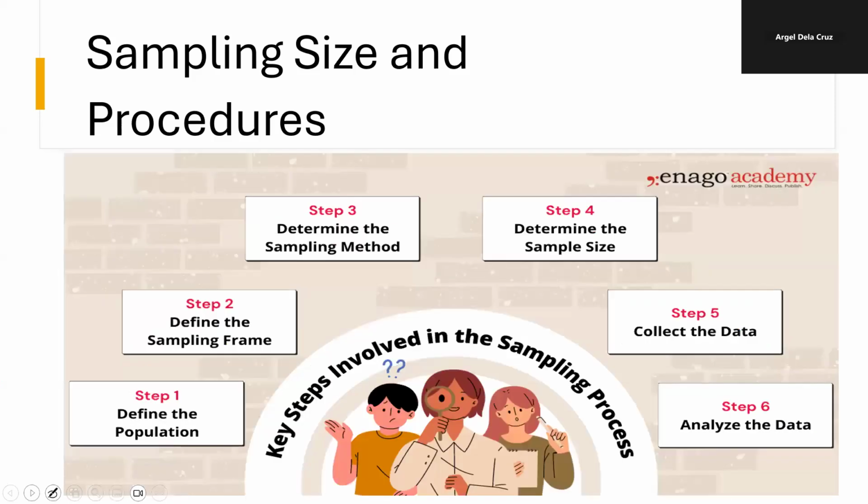Now, sir, paano po ba natin kukumputin yung sample size and procedure? First, we have to define the population. Ano ba yung nahanap nyo? It's finite or infinite? Now, hopefully it's finite kasi madaling i-compute. Next, sampling frame. So, pag sinabi mong sampling frame, what's the qualification of your respondents, participants, or your what we call the sample population mo? Ano yung hinahanap mo sa sample population na yan? Okay?